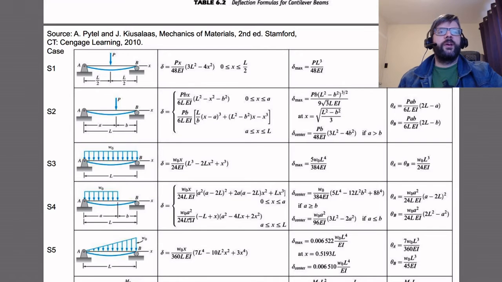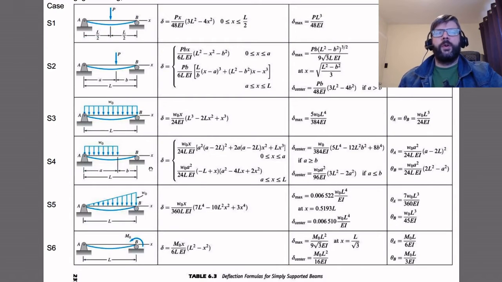And we've also got S4 here, a distributed load applied to the beam some distance out. We know that our compatibility condition is that at the center of the beam we need to have the displacement